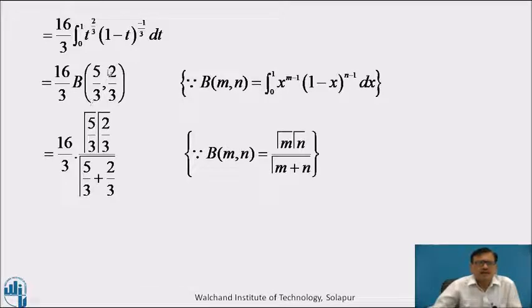Now we will express it in terms of the gamma function. We know the relation between beta and gamma: beta of m, n equals gamma of m into gamma of n divided by gamma of m plus n. Using this property, it is equal to 16 by 3 into gamma of 5 by 3 into gamma of 2 by 3 divided by gamma of 5 by 3 plus 2 by 3, which is gamma of 7 by 3,